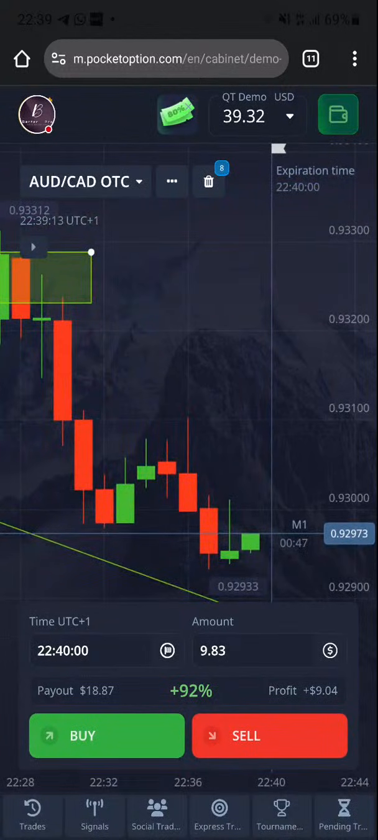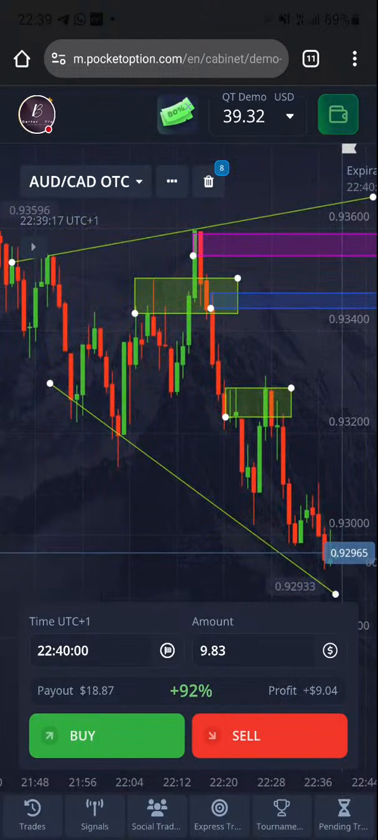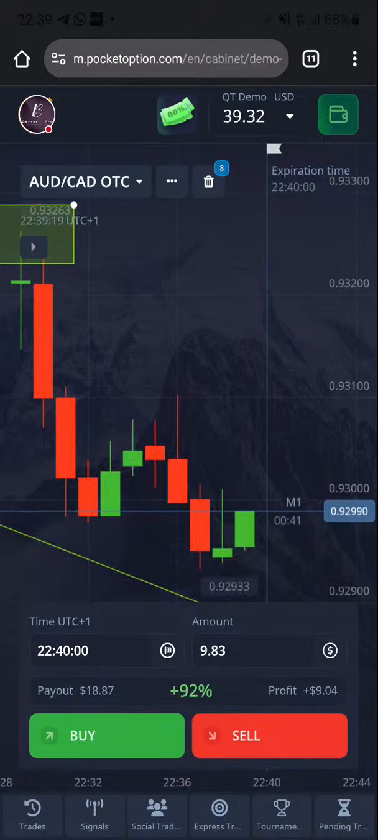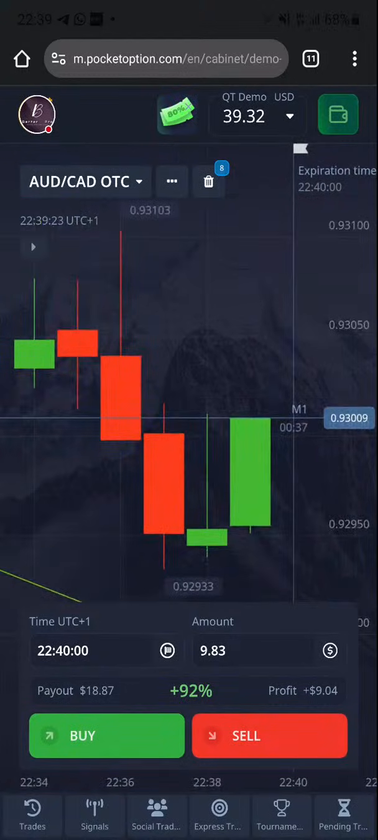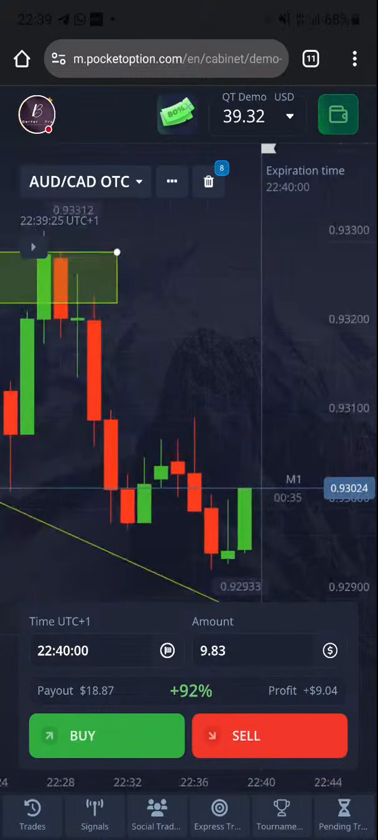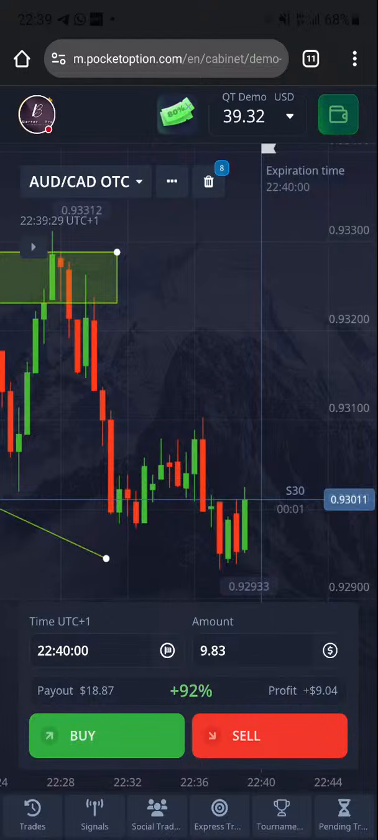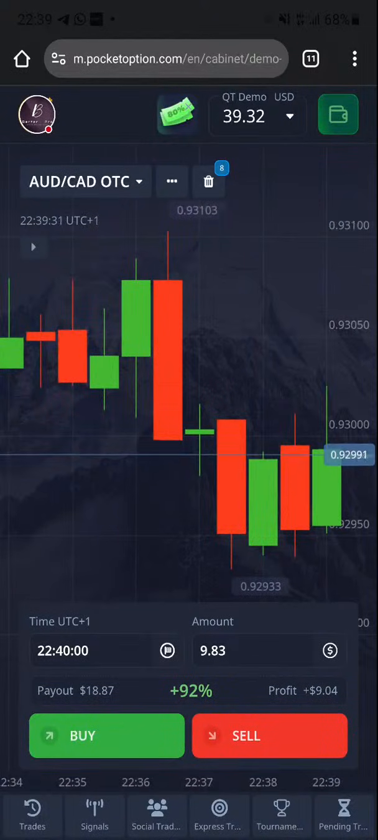Under this round number will be a better place to enter. This 0.92900 will be a nice place to enter. We can go with the sellers after this if the price stays up here, but let me check something quickly. Yes, we can go with the sellers. I mean,